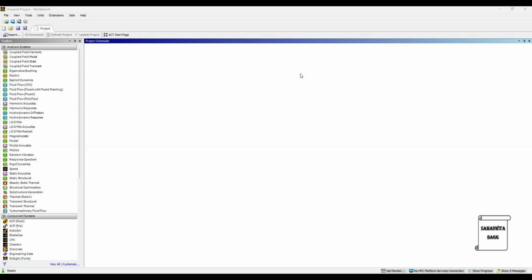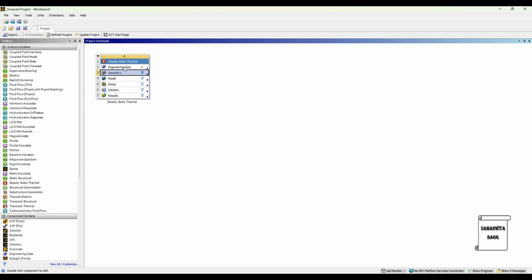Everyone, welcome to the next session on Ansys Workbench tutorials. In this session, we will analyze the water bottle for a thermal analysis. We will be analyzing the bottle, say it is made of PET or stainless steel, and it contains some hot fluid. So we will see what is the effect on the material, or how do we go about with the thermal analysis. So we will start by double clicking on steady state thermal.